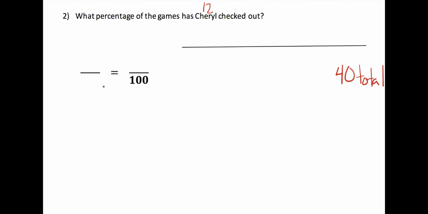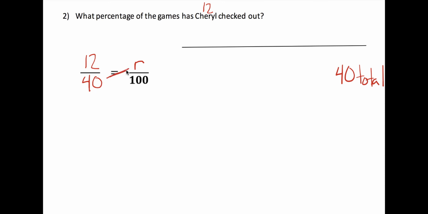Okay, so let's do this together. We know that 40 is the total. It's the whole, just like it was on the last problem. So I'm going to put 40 on the bottom. And we know that Cheryl checked out 12 of those 40. Okay, so let's put 12 on top. Again, we don't know what the percentage is. We're going to make that R. We're going to find out. All right,